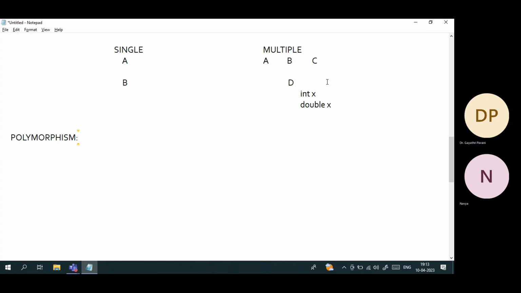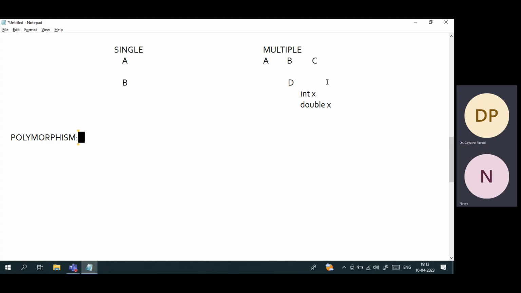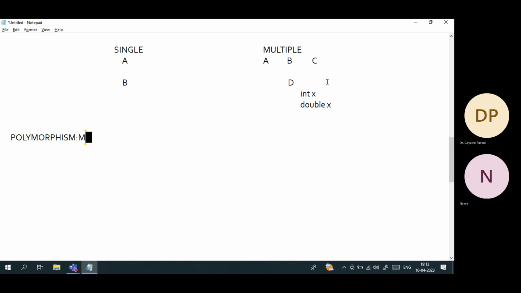Polymorphism. Any idea? Basically, the same task will be done in different ways. I mean, the same method name can do various tasks. Same task in different ways. Right. Polymorphism means, if I am writing it, polymorphism,